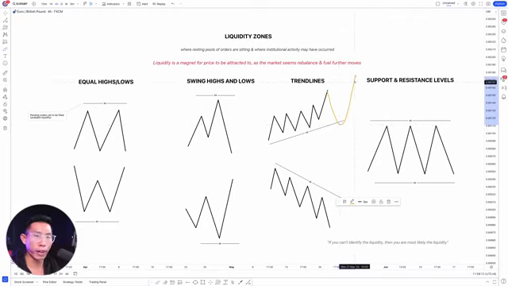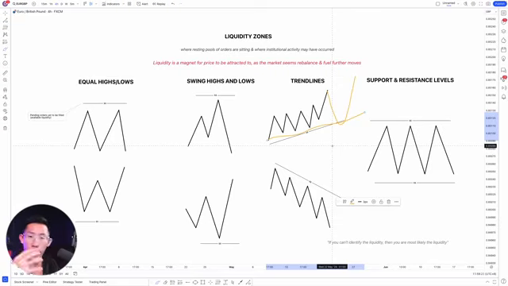Because they know for a fact that if they push the price and break past the trend line that we have right here, you retail traders are going to think that this trend line is no longer working and you will get out of your position, or you might even enter for a sell because you see this as a trend line break. And indeed, in that scenario you have been 100% wrong, because smart money will just push the price up like this. Once again, this happens sometimes, not all the time. Sometimes a trend line break will be valid, sometimes it won't.